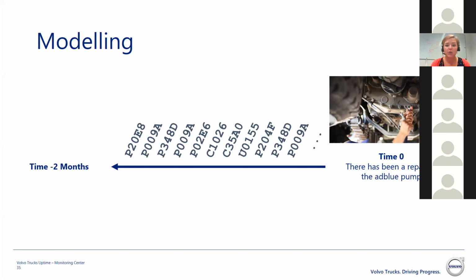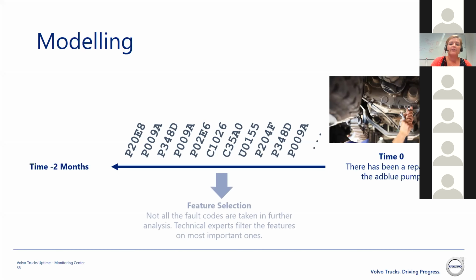We tried a lot of algorithms to select out those best features. But actually, the ones that are helping us the most are technical experts. I trusted algorithms more than I trusted a human being before I entered here at Volvo. But apparently, the human beings here are very, very crucial for the modeling job. Because it appears that when we give all these fault codes that came in 2 months before, you do some basic algorithms, you pick out the top 100 best features,